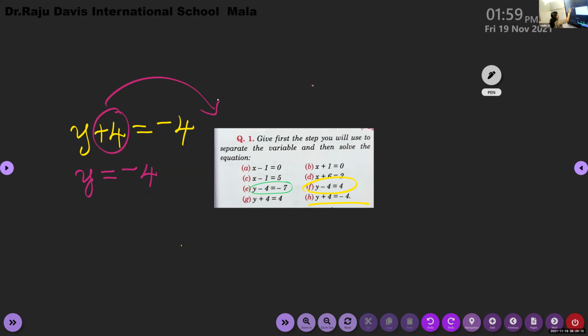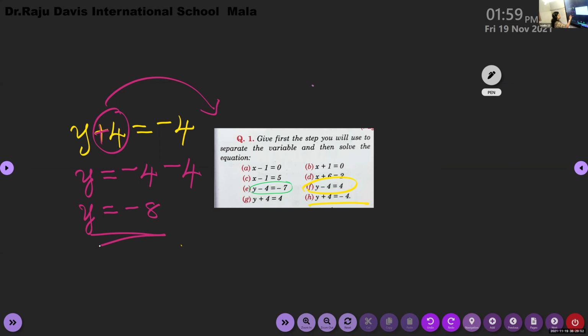Yes, ma'am. So you are transposing this here. What is there on the right side? This is already plus here. So when you put it on the other side, it will become minus 4. So we got y is equal to how much now? Minus 4 plus minus 4. There is a plus in between. You imagine like that. When two negatives come, you have to add and put negative sign. So what is the answer? Ma'am, 8. What 8? Simply 8 or? Ma'am, minus 8. So the answer is negative 8.